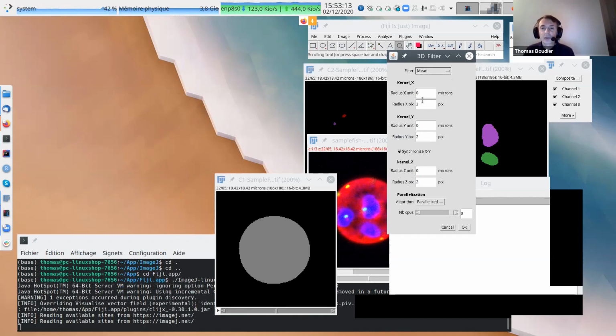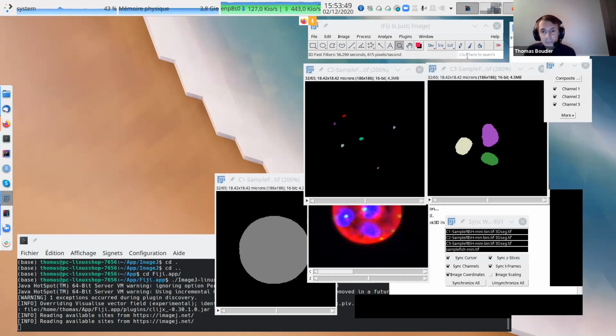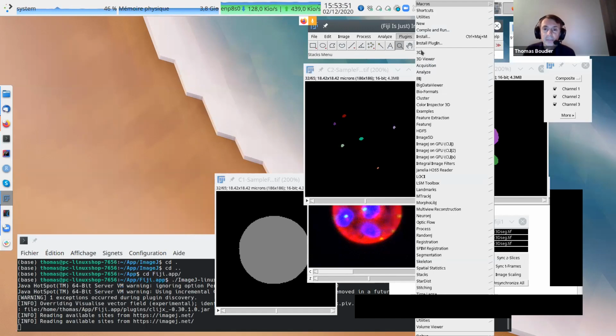In 3D you have the XY radius, that should be the same, and the Z radius, that may be different, because the calibration of your pixel is different, especially in confocal, in Z compared to XY. So if your object is 10 microns, maybe it's 5 pixels in XY, but only 2 pixels in Z because of the anisotropy in XYZ. So if you want to do some filtering, you may want to use different values in XYZ.